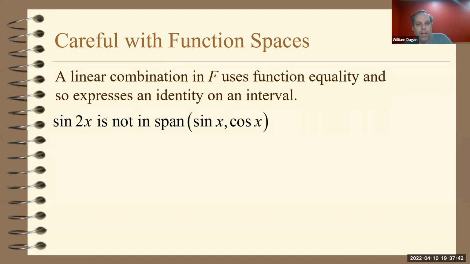So for example, the function sine of 2x is not in the span of sine of x and cosine of x. It's not in the span. Yes, the sine of 2x can be written in terms of sine of x and cosine of x. That's the double angle identity, but not using vector addition and scalar multiplication only. It would require function multiplication, which we don't have. So here, to show why, let's just pretend it is. Suppose it was, and I'll show you how things go wrong. Suppose